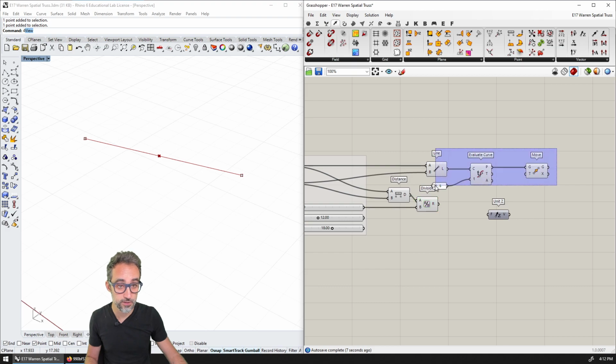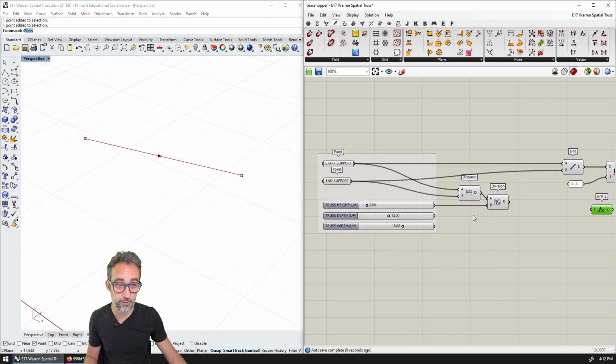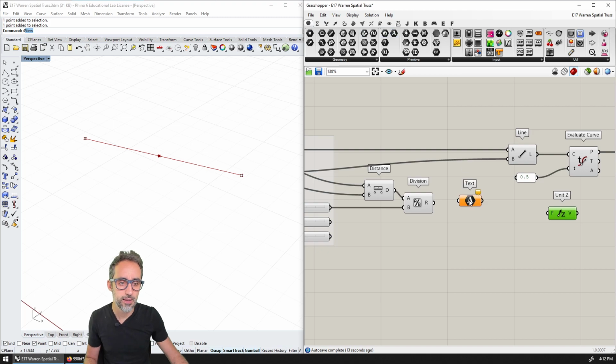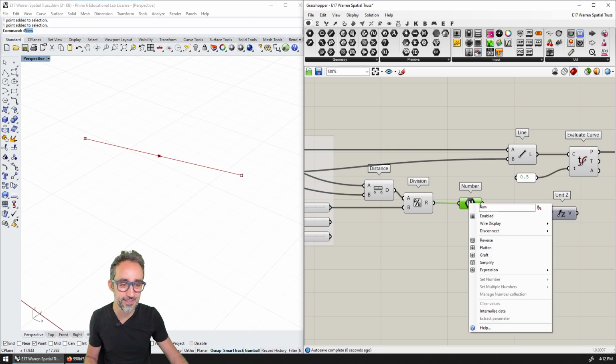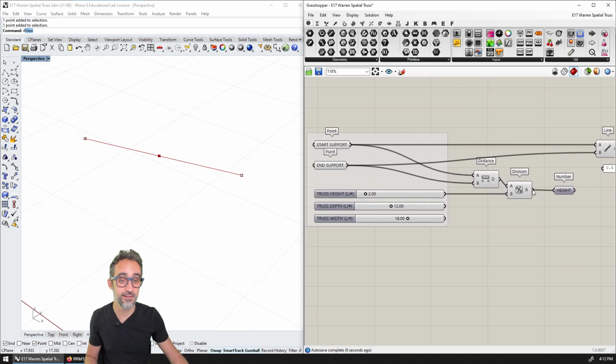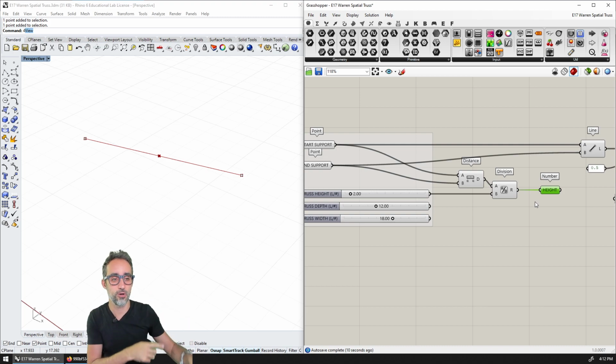And actually, sorry, I'm going to move things around a little bit, and I'm going to add myself a number here to remind me that this is the actual height, not the factor, but the actual numerical height that I will probably be using a lot farther down the road.